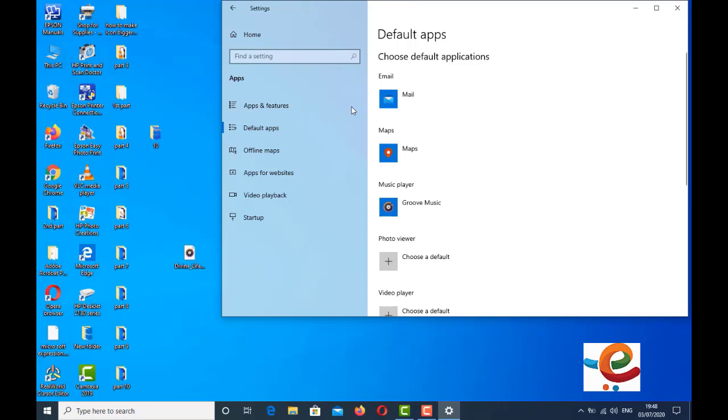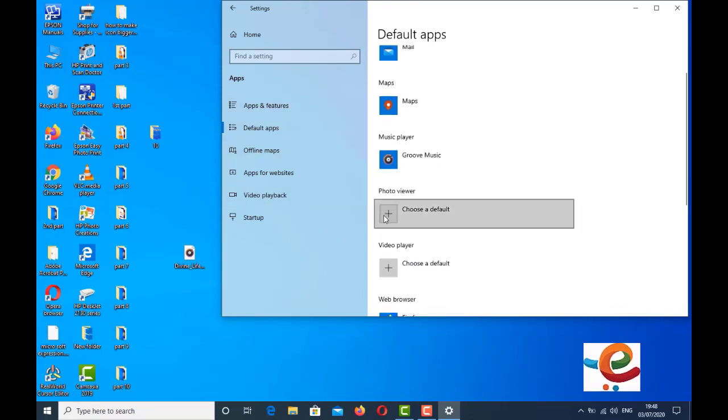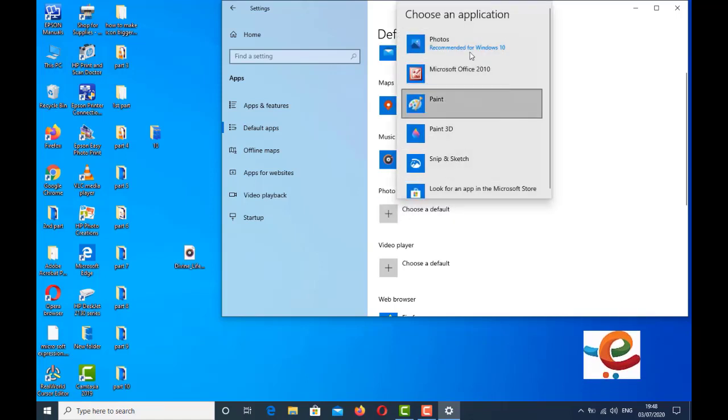Here you can see there is choose a default. Click on that.